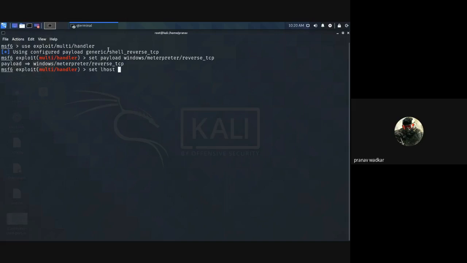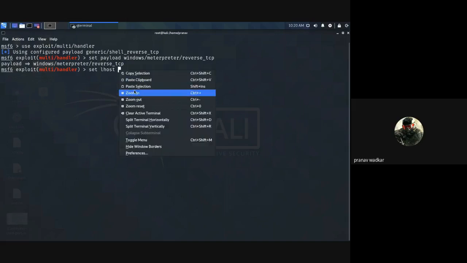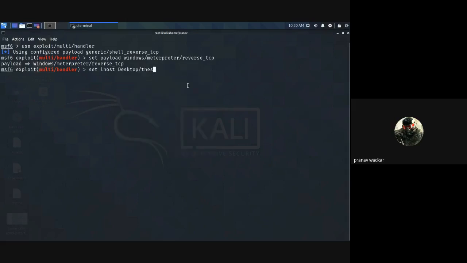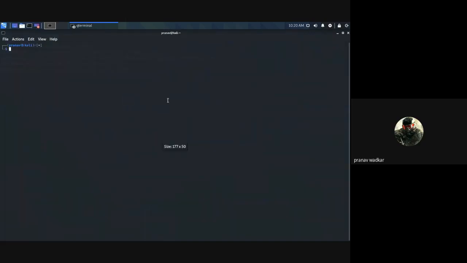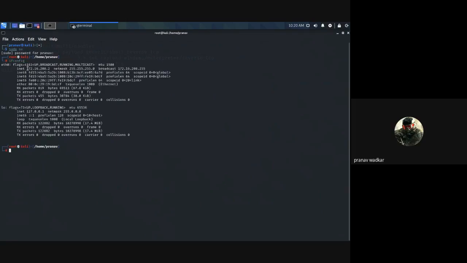Let's set the LHOST now. LHOST was 172.1... sorry, let me check the IP once again, because yesterday's operation was not done successfully, right? So let me check the IP once.